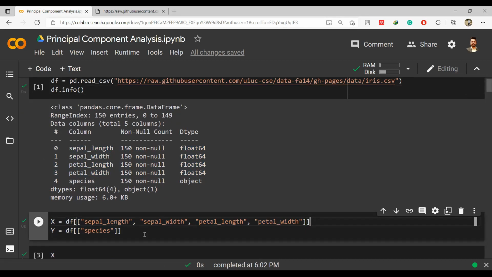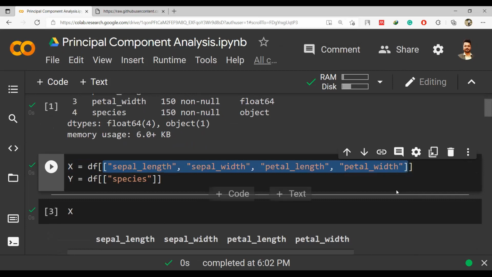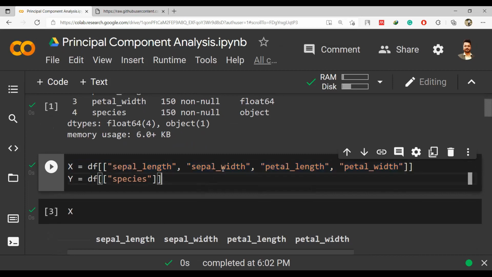And this is a toy example. This is a very basic dataset. That's why there are only 4 columns here. It may be the case that there are maybe 15 or maybe 100 columns, and you have to reduce those 100 columns into maybe 5 columns by using PCA. That might be a problem. And in that case, when the dataset is huge, having hundreds of columns, it will be very helpful if we can reduce the original data into fewer columns, and when the overall size of the dataset is less, processing will be faster.